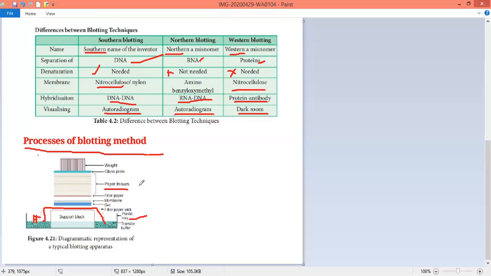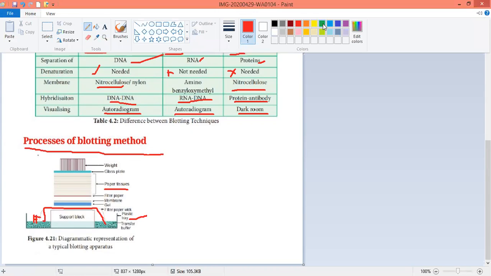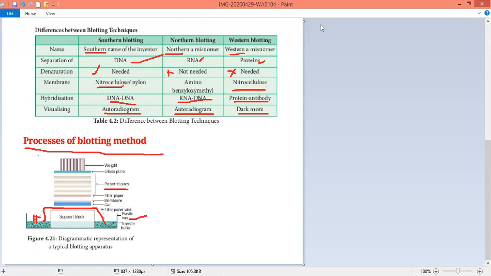You can place it. And after that, we need to place a glass plate because the buffer solution should not flow outside, and proper weight is required. So once you place the proper weight here, what will happen? It will press in the downward direction. When it presses downward, immediately there is absorption. Due to this absorption, what will happen? The polyvinyl chloride paper, or you can call it saran wrap, will directly absorb the buffer solution along with the DNA, and slowly it will start moving in the upward direction.